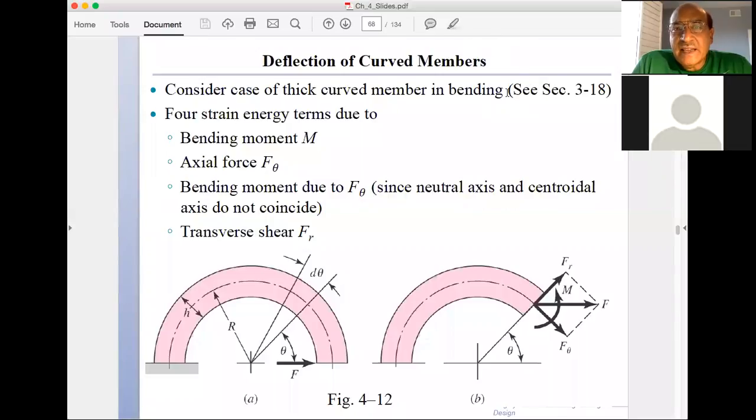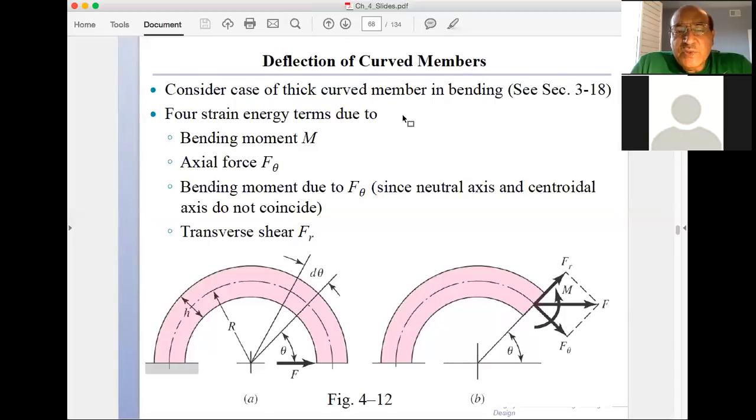Yeah, and then once I just give you this example, I'm going to cover an example on deflection in curved beams, and then you can stop me anytime and ask questions, and if you have any additional questions, we can go through that. Okay. All right. So the deflection of curved beams is a little bit different from straight beams because at every